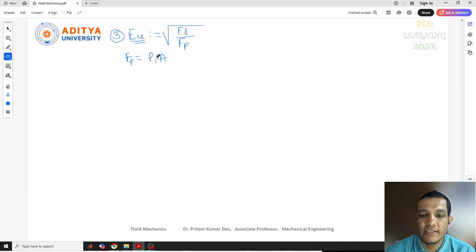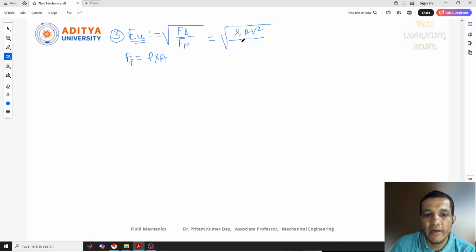Here we can directly put the values. Inertia force I can write as rho A v square, divided by P into A, intensity of pressure into area. Now area is cancelled here,